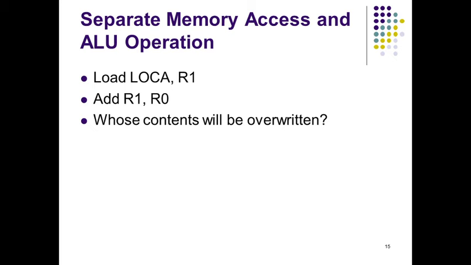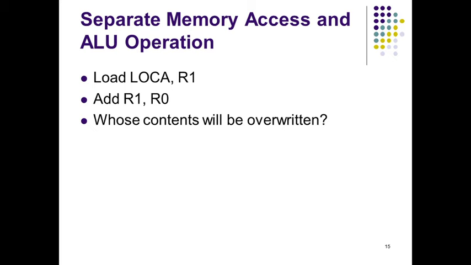The first of these instructions transfers the contents of memory location LOCA into the processor register R1. Then the second instruction adds the contents of registers R1 and R0 and places the sum into R0. Here you have to note that this will destroy the former contents of register R1 as well as those of R0, whereas the original contents of memory location LOCA are preserved. Only the content stored in the memory location is preserved here, whereas the contents of registers R0 and R1 are destroyed.